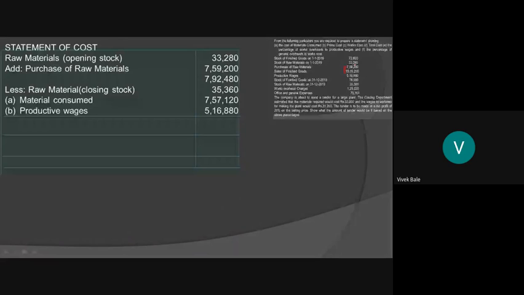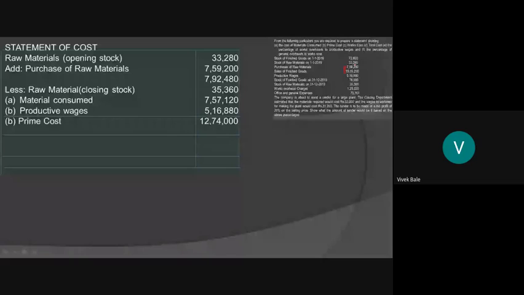If you add the wages to the material, it becomes the prime cost. One more element, direct expenses, is not given in the question, and therefore material plus wages is equal to prime cost, which is 12,74,000. Then we add the works overhead, or factory overhead, which is given as 1,29,220. Prime cost plus works overhead gives the works cost, or factory cost, which is